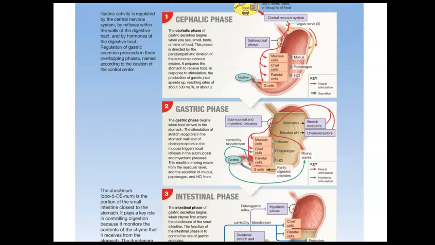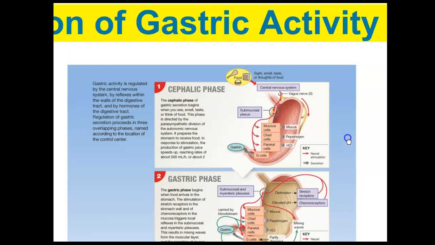Let's start with the cephalic phase of digestion. These are all the phases of digestion. The cephalic means head. So the cephalic phase is actually initiated by the sight, smell, taste, or thought of food. And so the cephalic phase begins the digestive process even before you put the food in your mouth. It is controlled by stimulation through the vagus nerve, which is our parasympathetic nerve, that will stimulate